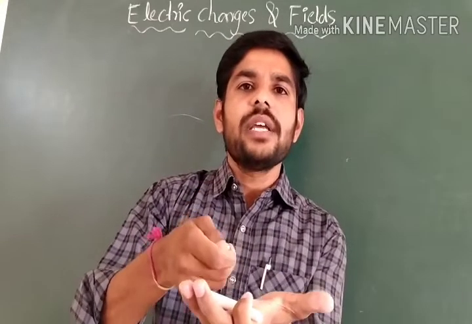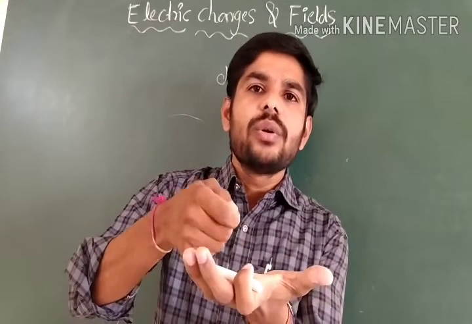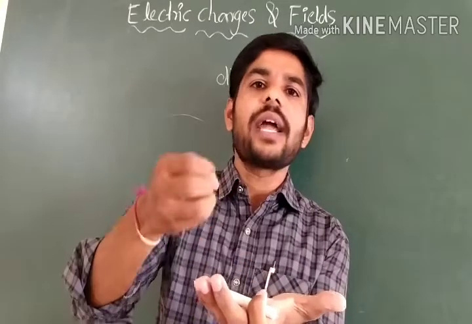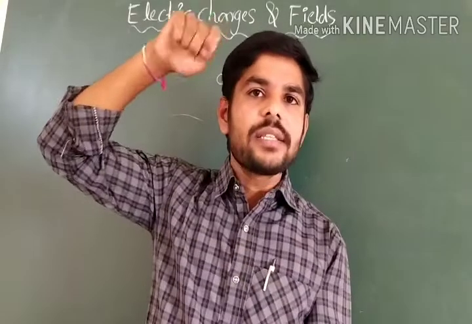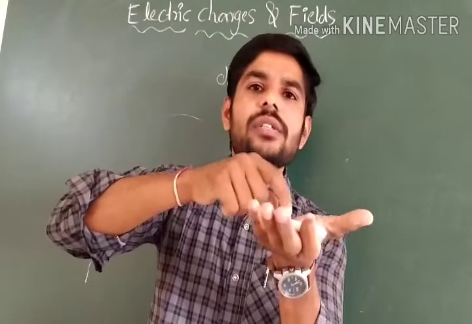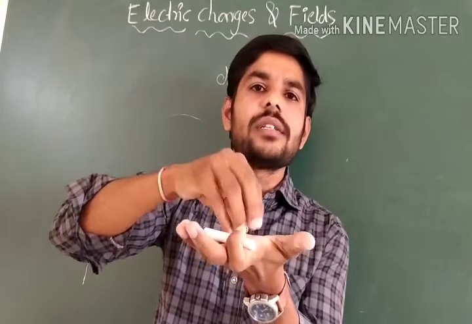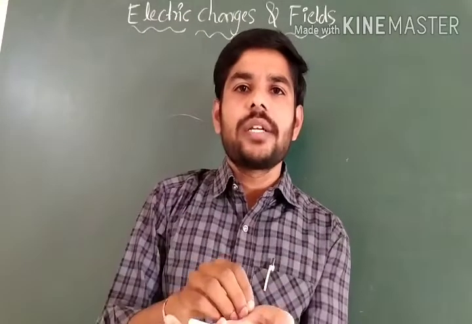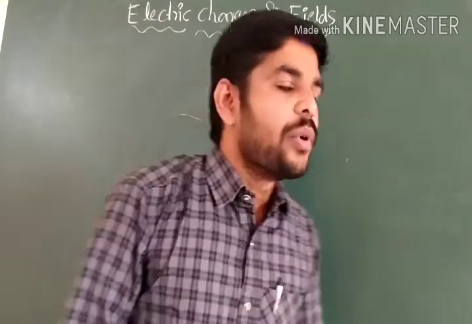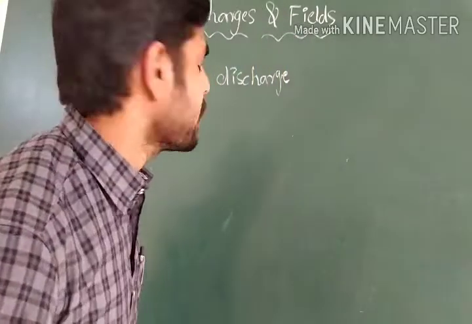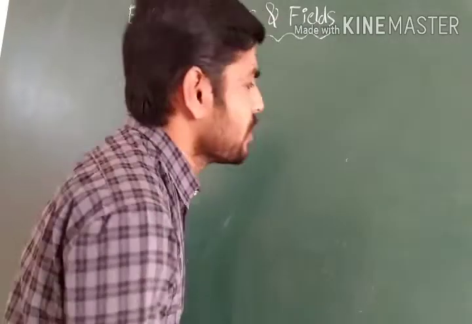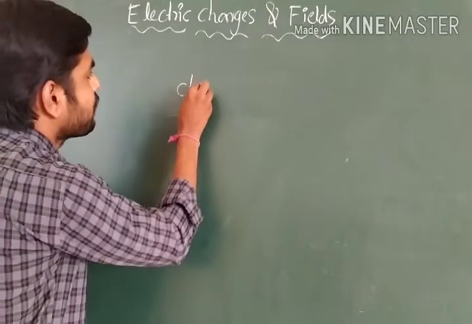This is a basic nature. This is a basic example to show what electric charge is and how it attracts. While you are doing this, the comb becomes a charged material, and these paper pieces are neutral, there is no charge. Immediately they will be attracted to the comb. So the basic definition we need to understand. Again and again I am telling, charge. What is charge? So we need to understand charge.